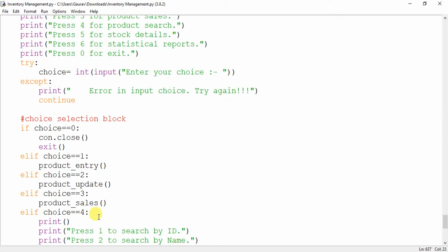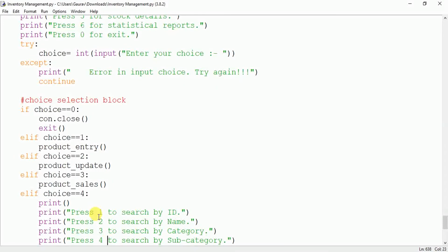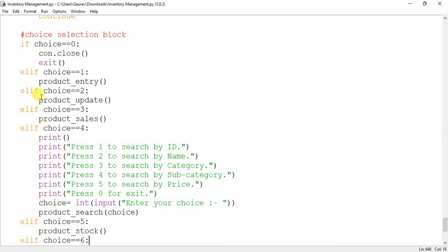If you have not coded these functions, you should have a comment in the beginning of all these calls, so that as you progress coding these functions you can remove those, or you can just write the empty statement. I think you know the empty statement in Python. This is pass. So in every choice you can write pass, pass, pass.